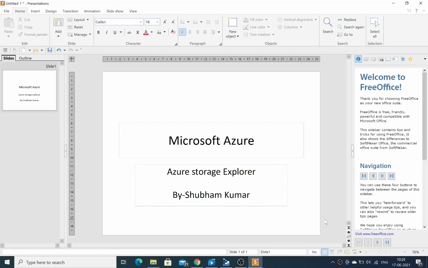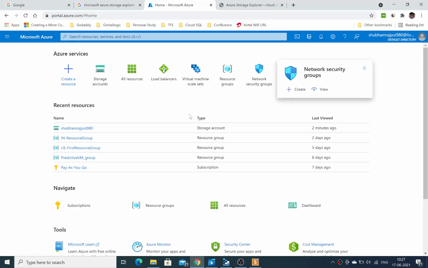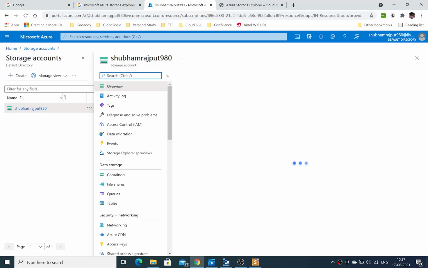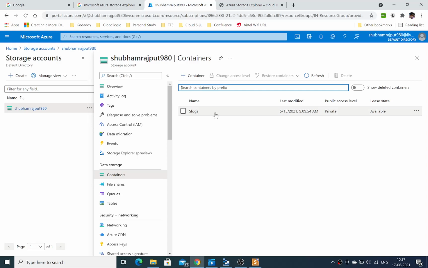In the previous video we discussed the Azure storage services, and in this video we will discuss Azure Storage Explorer. Okay, so basically this is my Azure portal. In the previous video we created a storage account, so I'm just exploring it. You can see that there is only one container until now, and I can upload and download any file from here. It is not feasible to come onto the portal every time to upload and download a file.